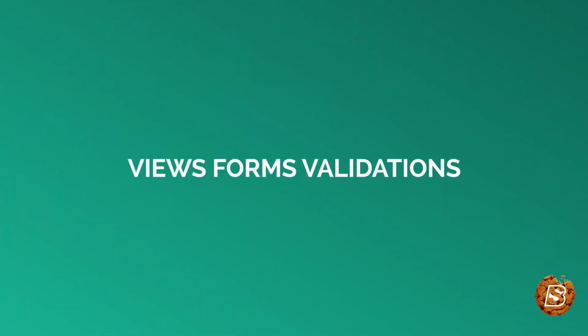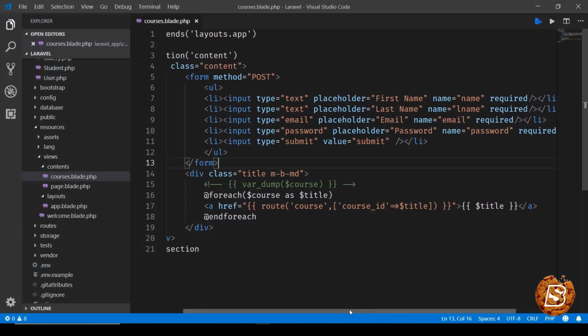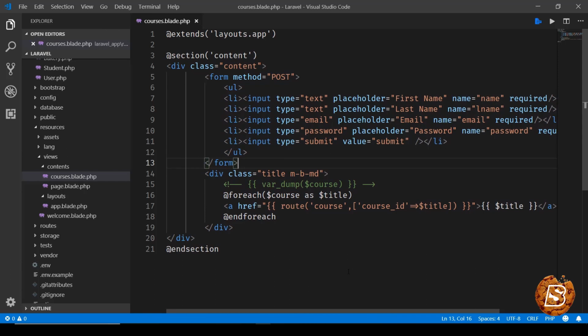This lecture will be covering forms in Laravel. So they're pretty much the HTML forms as we create them. And in one of the lectures, we had a preview of passing data to a controller from a view using a form. But here we'll also be taking a look at how we can make use of the built-in functionality